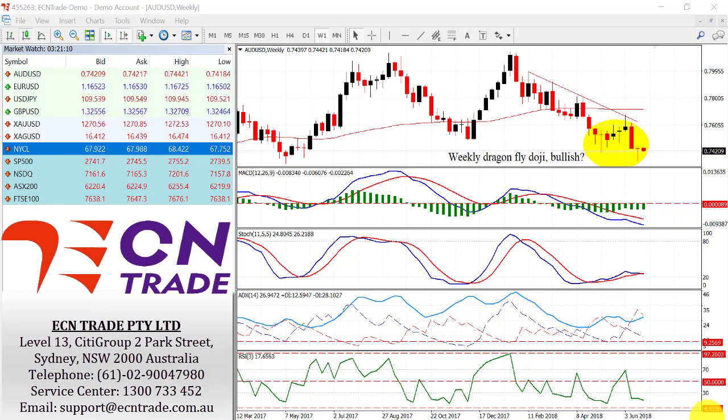And from there, you can see on a weekly from the Australian dollar that we have a bullish dragonfly. Now, the previous time we got a dragonfly on a weekly, we did stage quite a significant rally. I'm keeping a very close watch on this, but unfortunately, we can't get any confirmation until the end of the week due to the weekly time frame. So therefore, keep an eye on it and definitely monitor it in case we do get a very strong move